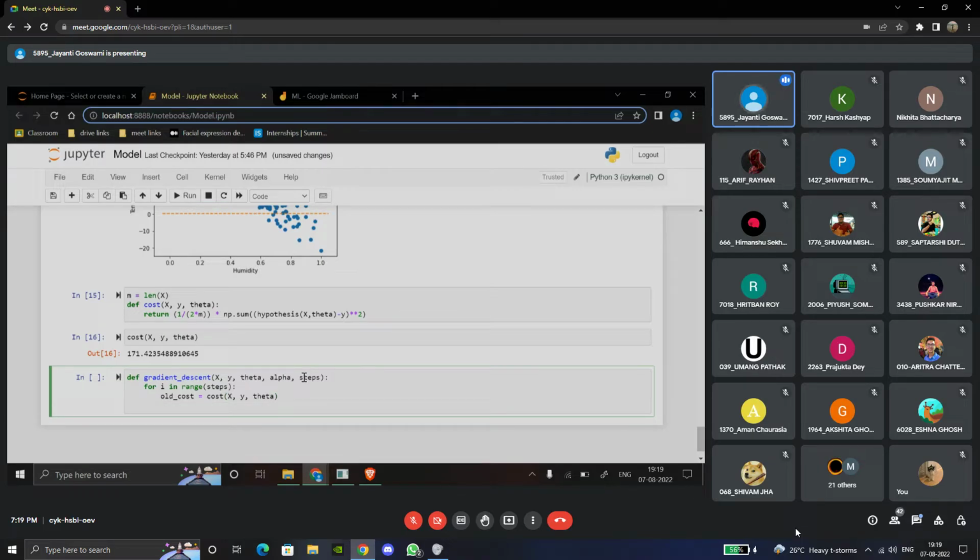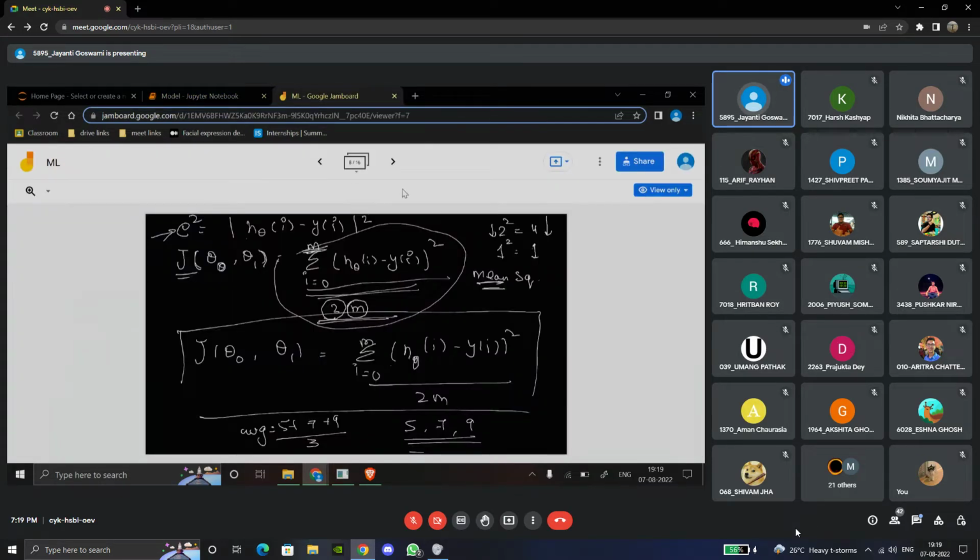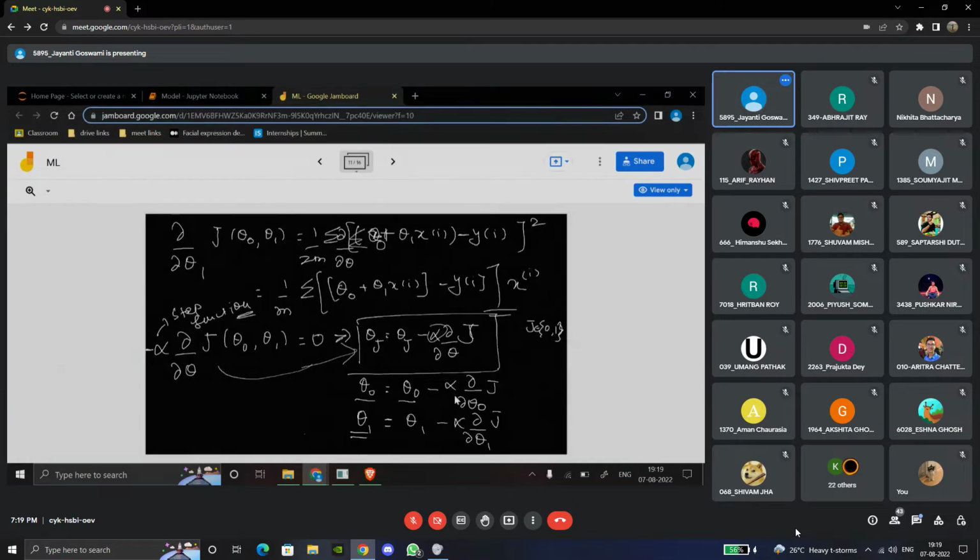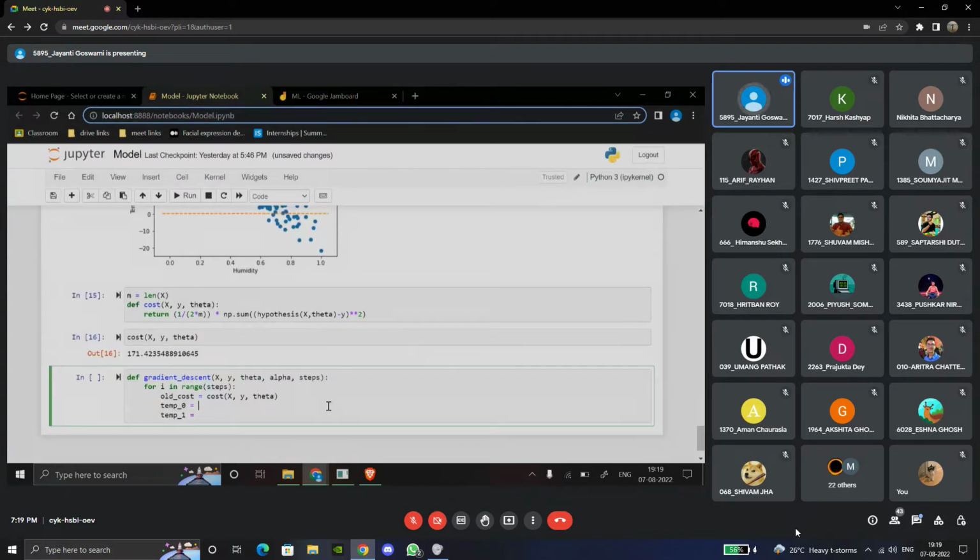Okay, then we update our value of theta naught and theta 1. So let's make two variables. Temp 0 is our first one, and temp 1 is our second one. This is when we come to these two formulas, which we spent so much time deriving, for how we will be reducing theta naught and theta 1. So temp naught is basically theta naught minus alpha into